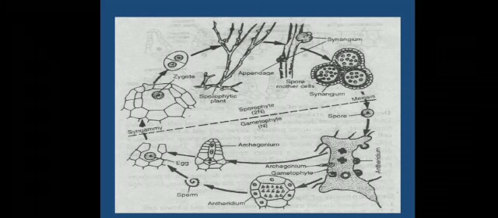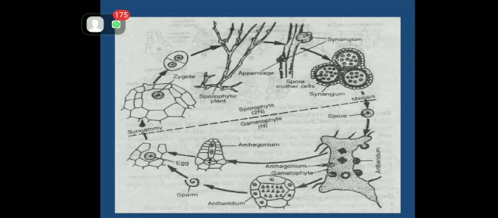At maturity, the neck of the archegonium breaks, followed by the disintegration of the neck canal cells and also the venter canal cell, which leaves a passage for the entry of sperm, and it becomes chemotactic. It attracts all the anthrozooids. Only one will be able to succeed in fertilizing the egg which is present in the archegonium. The sperm, after liberation from the antheridium, makes its way through the archegonial neck and finally reaches the egg. On reaching the egg, one sperm fuses with the egg to complete the fertilization. As a result of fertilization, a diploid zygote is formed.